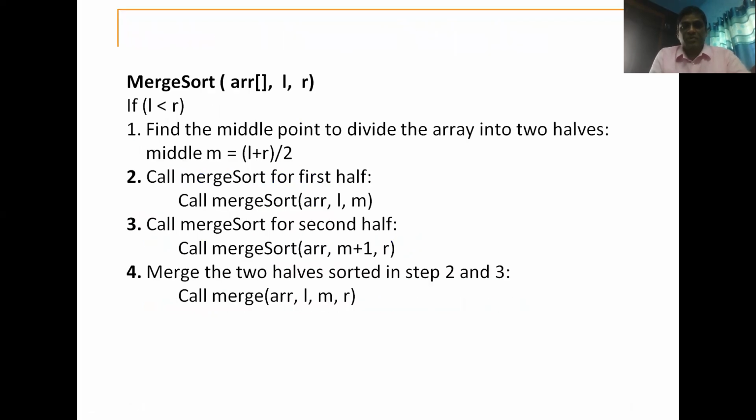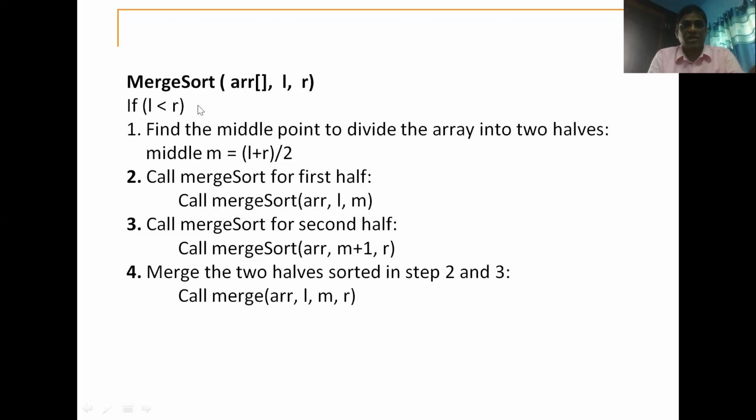Okay, so if you look at a more detailed view, a pseudocode, let us say this is the algorithm. This is the array which we want to sort. L is the lowest index in the array, which is going to be 0. R is the last index of the array, that is the right index. Generally, it's going to be size minus 1, n minus 1. So this condition makes sure that there is at least one element. Why are we checking this? If there is only one element, then it is already sorted. If the array contains one element, it means that the array is already sorted. There is no need to sort it again.